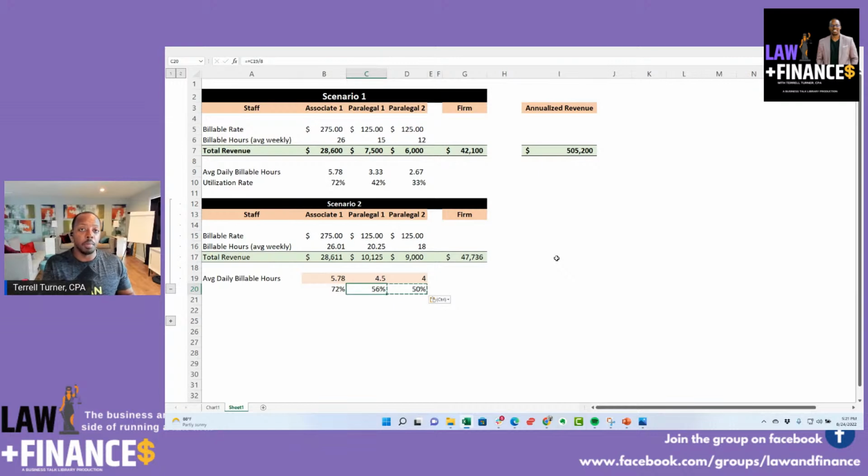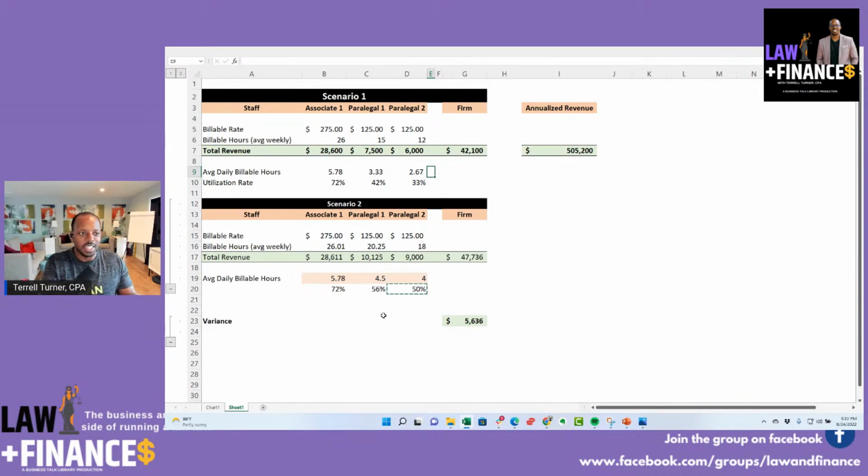Now, the question we were asking is, could you afford to hire an administrative assistant that could take away some of the non-billable work off their desk, or hire some type of intern? Well, when we compare those numbers and look at the variance, what this tells me is that by making this slight tweak, meaning if this person just does 1 extra hour, if that administrative assistant can free up 1 extra hour a day, and probably a little bit more than 1 extra hour, so this administrative assistant is probably going to do like 3 hours' worth